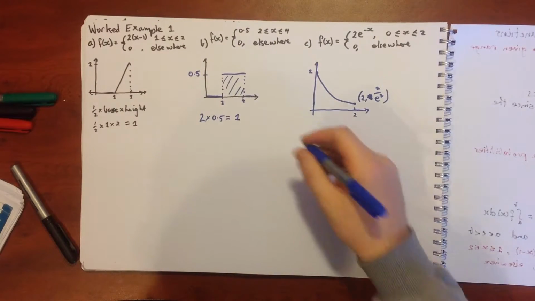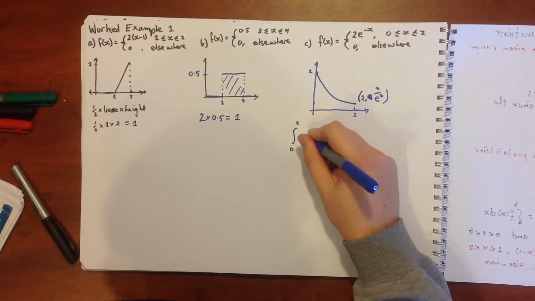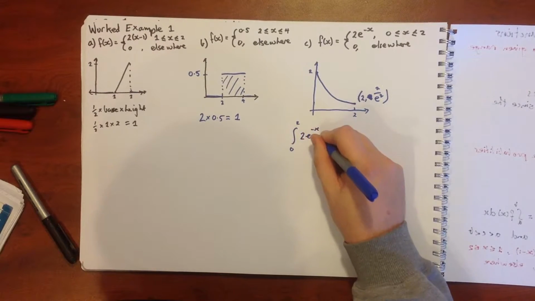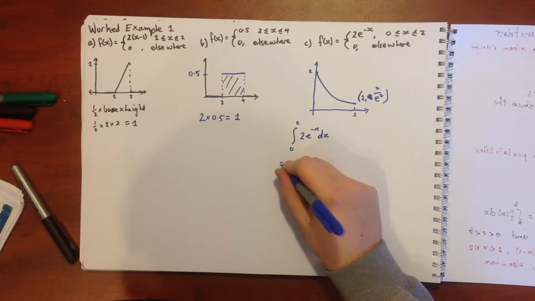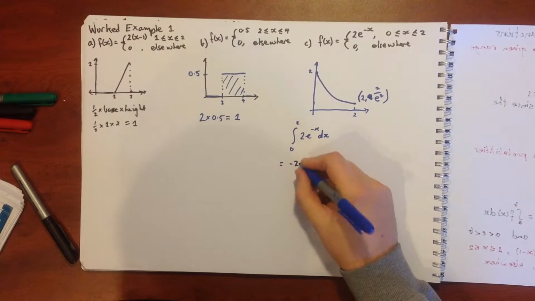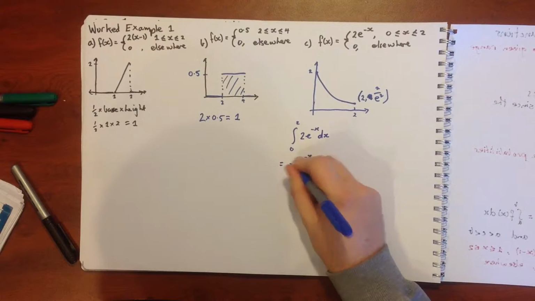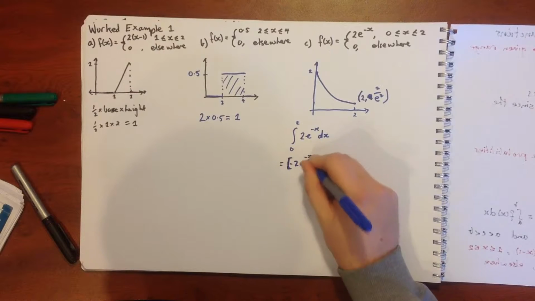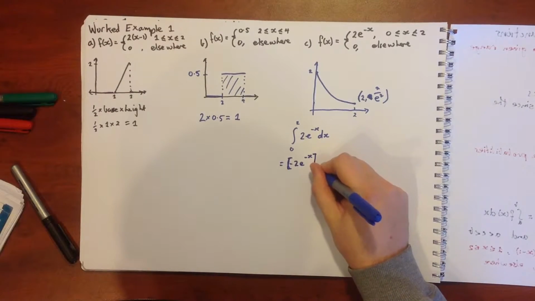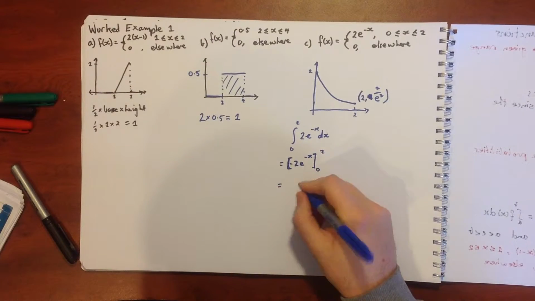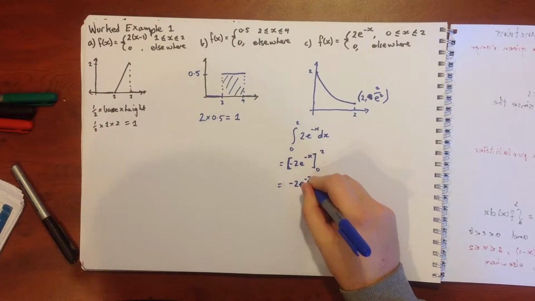Okay, when we integrate this, we need to integrate from 0 to 2 of 2e to the negative x dx. That means that we get negative 2e to the negative x, from 0 to 2, which means we get negative 2e to the negative 2